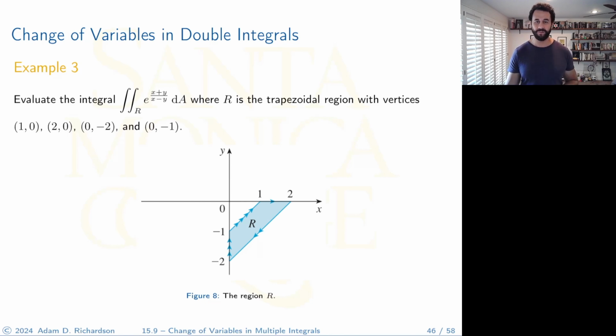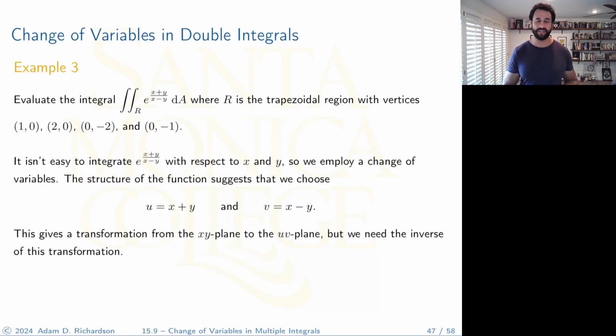All right, here we go. So here's the basic idea. It's not easy to integrate this function with respect to x and y. You could kind of try to do it, even though the region looks nice. The function itself would be hard to integrate. There's not a simple substitution you can do. I mean, there's no simple way to do it. So what we really need to do is choose a substitution that's going to make our lives a little bit easier. Now, the structure of the function itself suggests that we choose u to be equal to